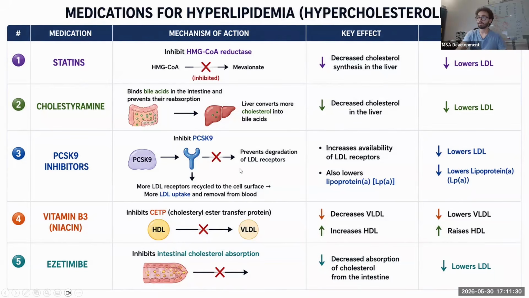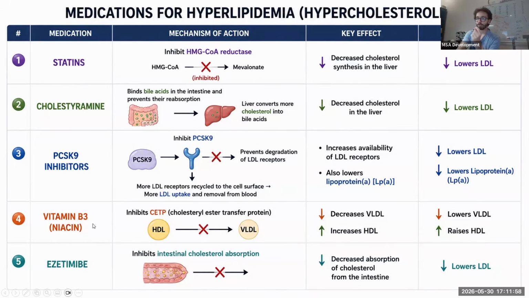However, when we inhibit PCSK9, it gives us a chance to have more LDL receptors. Now nothing is inhibiting it, so it will take up the LDL or cholesterol that is making a mess in the blood or stored in the cells. Okay? What key thing about PCSK9 inhibitors that no other medication has, is that it lowers lipoprotein A. So it lowers LDL and lipoprotein A. So it even helps with atherosclerosis.